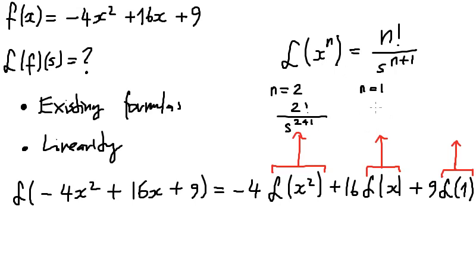And so the answer will be 1 factorial divided by s to the power 1 plus 1. And in the last one, we have 1, and we want to compare that with x to the power n. And so it is clear that n has to be equal to 0 in order for x to the power n to be equal to 1. And so we can apply that. We get 0 factorial over s to the power